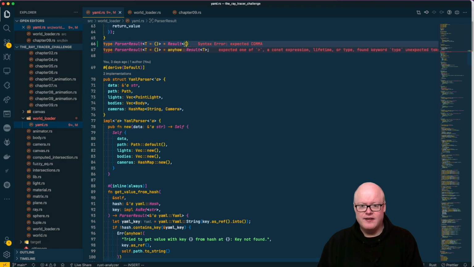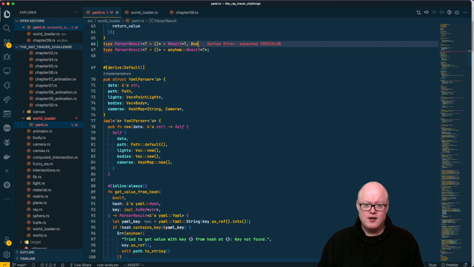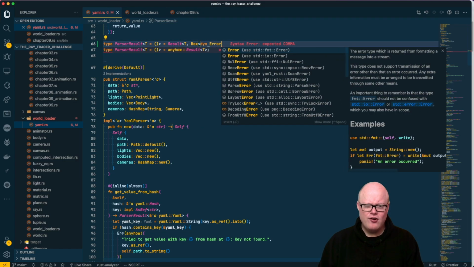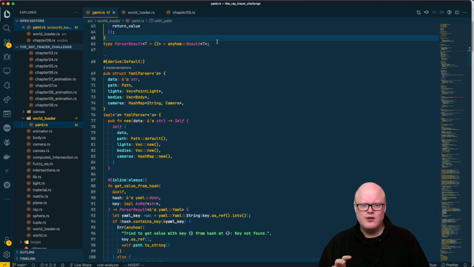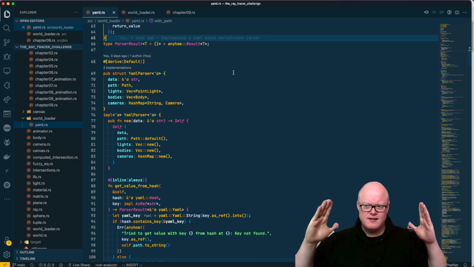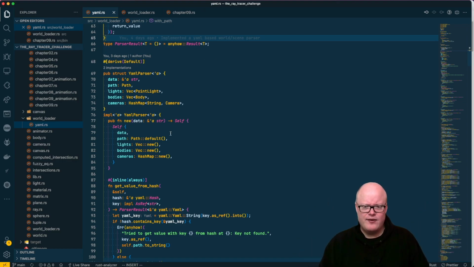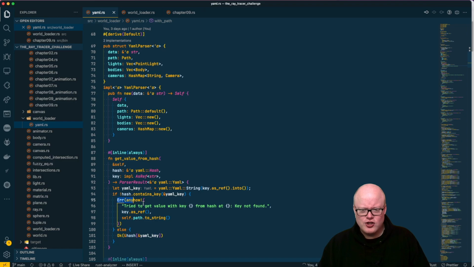this is by default empty, and then I have something like result here, and then I had this T here, and then what followed was something like a box with a dynamic error in there, I guess. And yeah, it got ugly real fast because now you had quite ugly types there, and the creation of such an error was ugly as well, because the problem is that